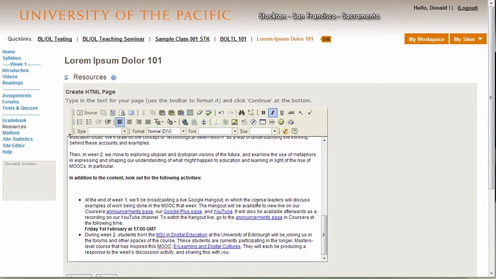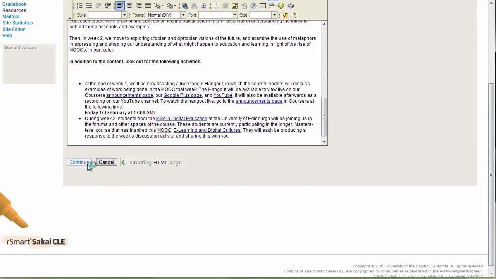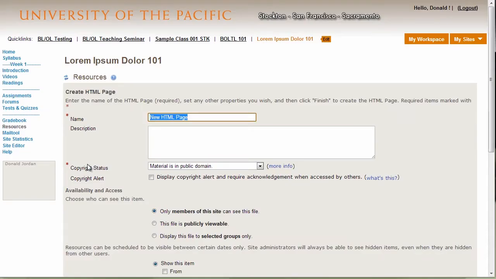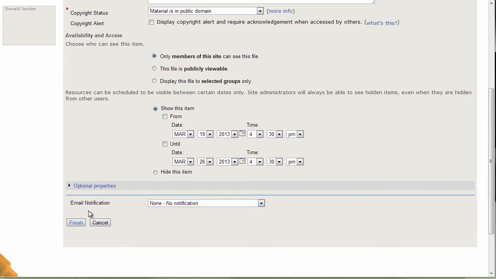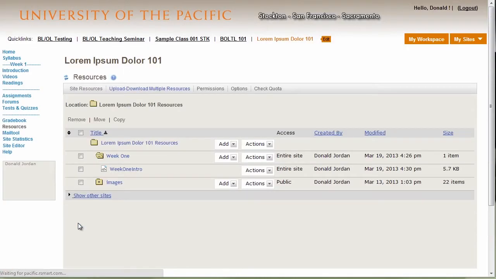Once I'm satisfied, click Continue at the bottom of the page. Now I'll name the page Week 1 Intro and click Finish. Now we follow the same process for the second page, which will cover the discussion points of